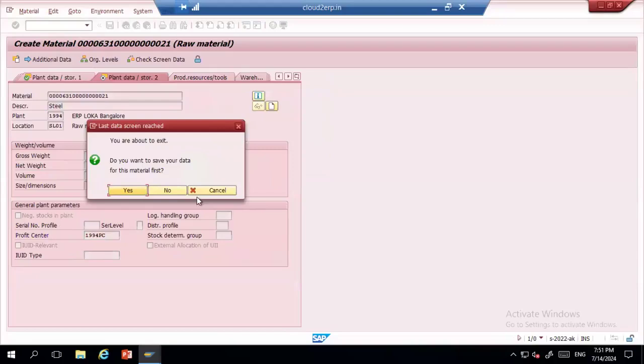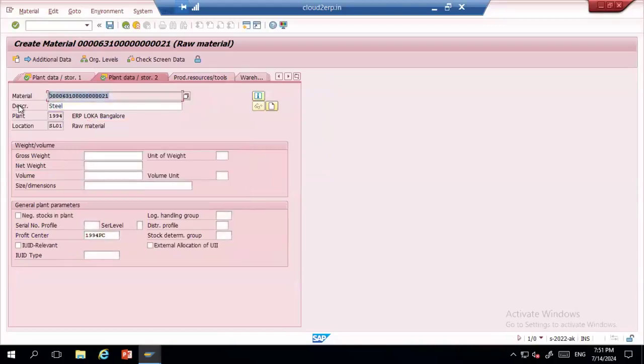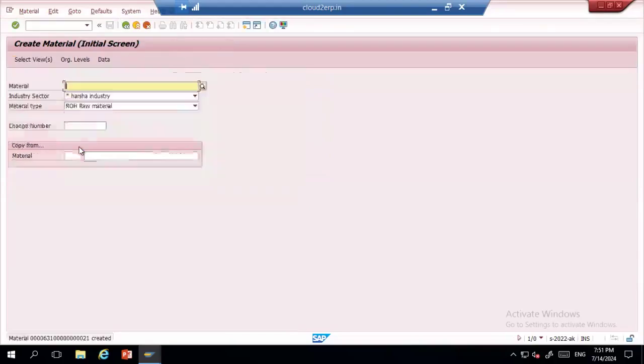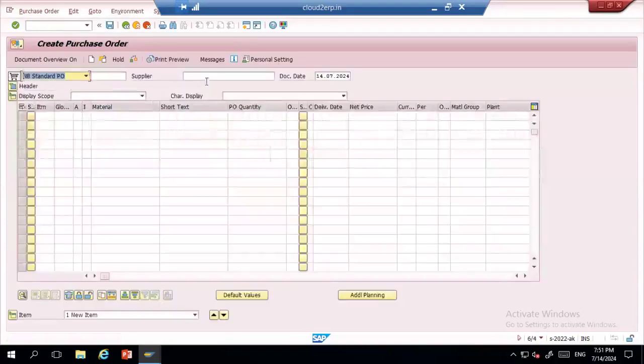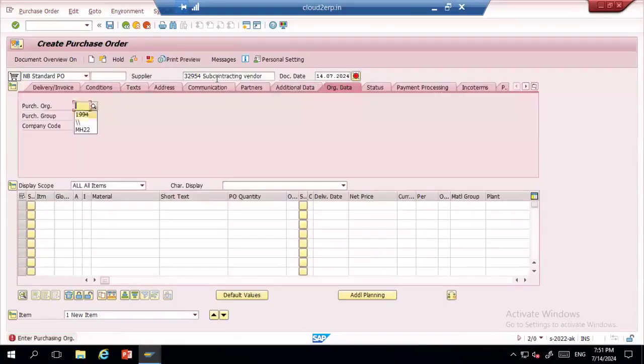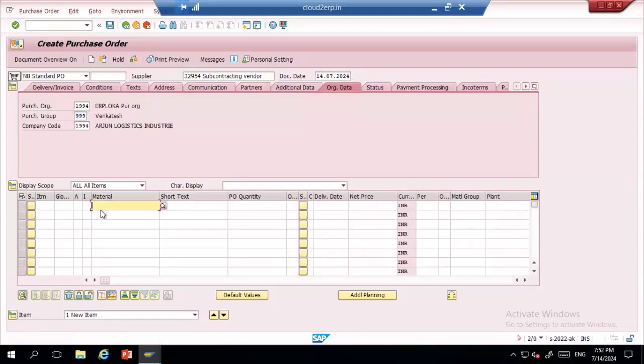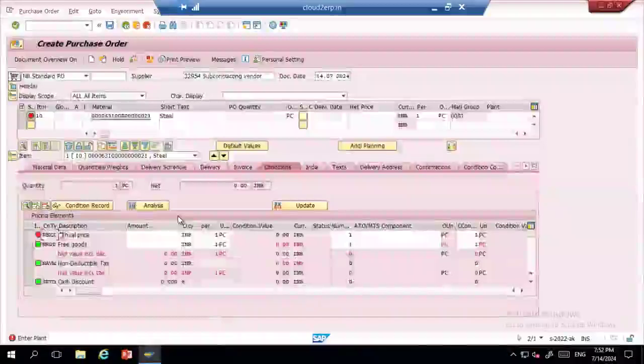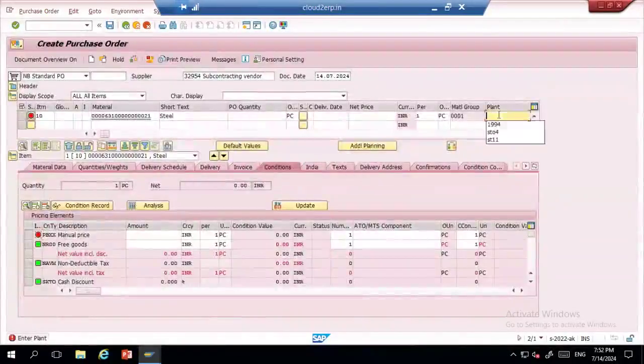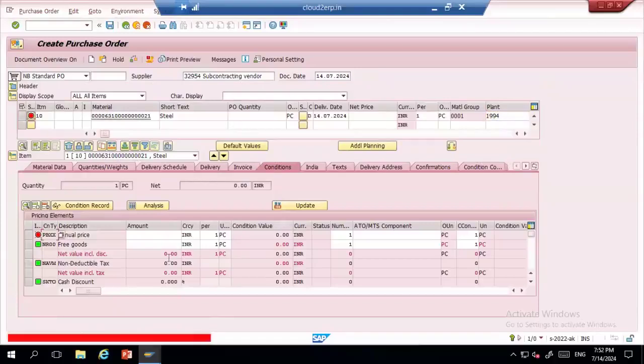Okay, so this is the material. If I use this material to create a PO, you will see the same error, not maintained in accounting department.